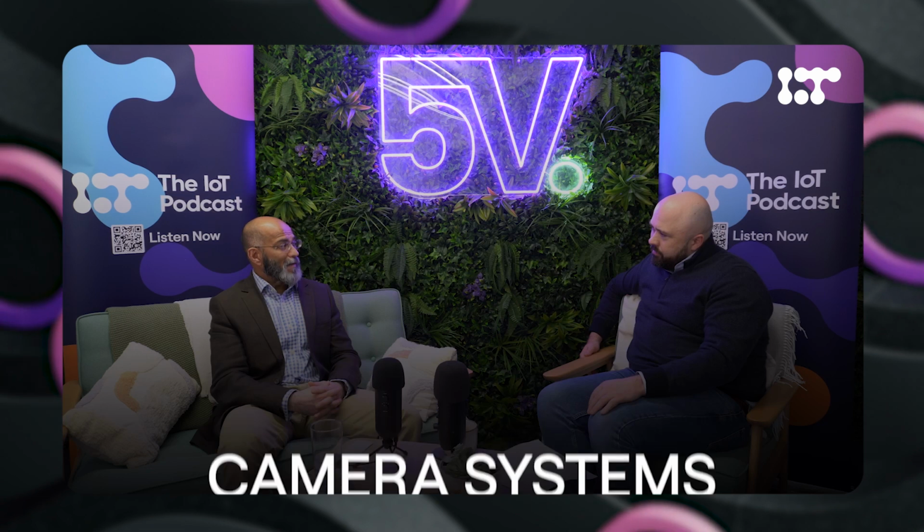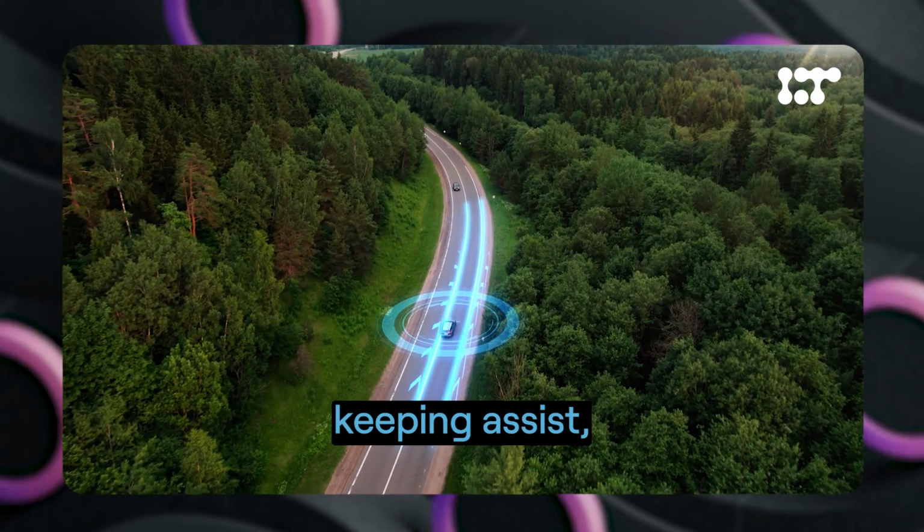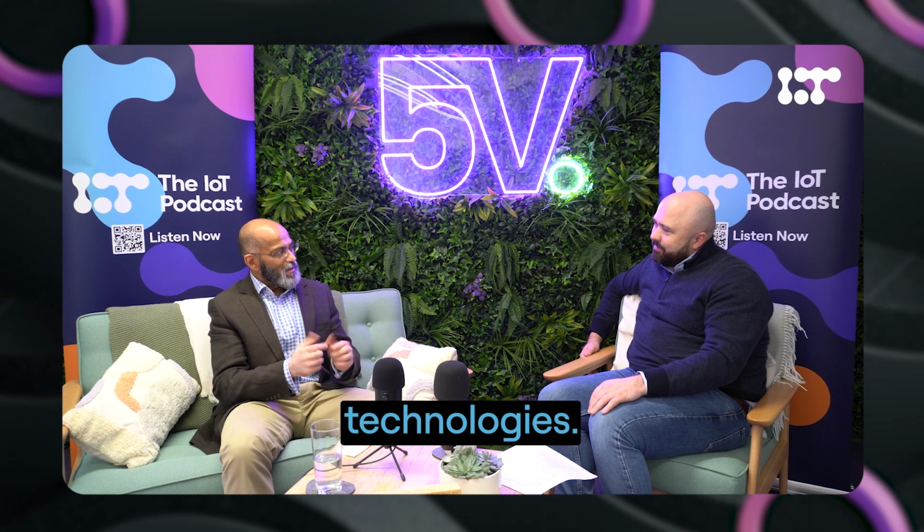So one of the areas that we'll focus very much on is camera systems. So if you look today, whether it's the lane keeping assist, the automatic emergency braking, or even when you're parking your car and you now start to see these surround view technologies, they're all areas that we're developing chips for